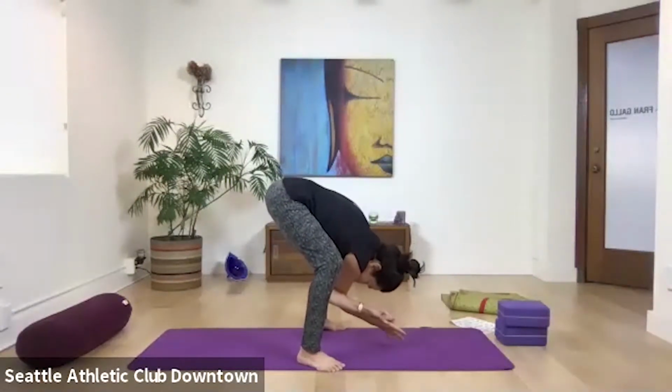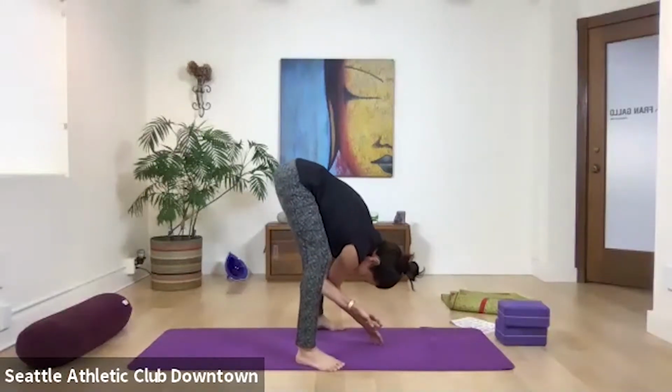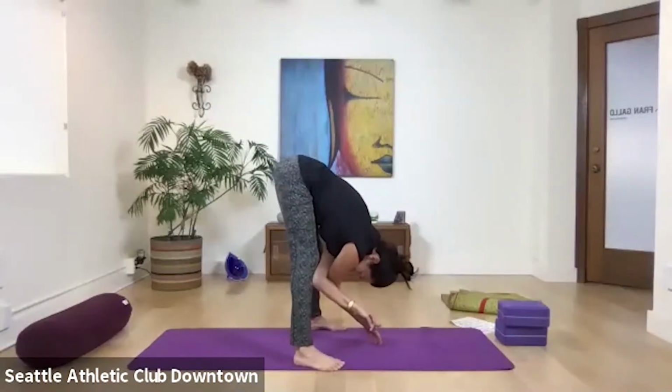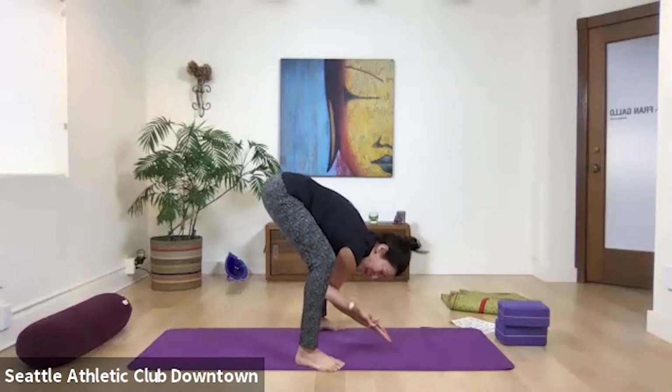Lower your head. Lower your arms. Maybe your right middle finger touches down. If you bend your knees enough, it will touch down. And then straighten the legs. Breathe in. Exhale. Bend the knees. Now, imagine that your arms, I know it's eagle's beak, but imagine it's like the trunk